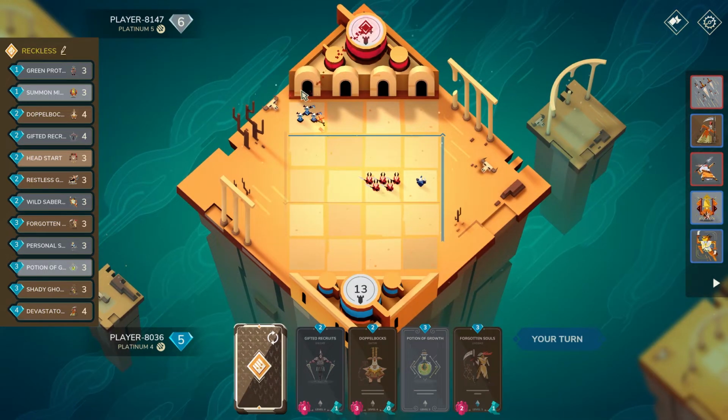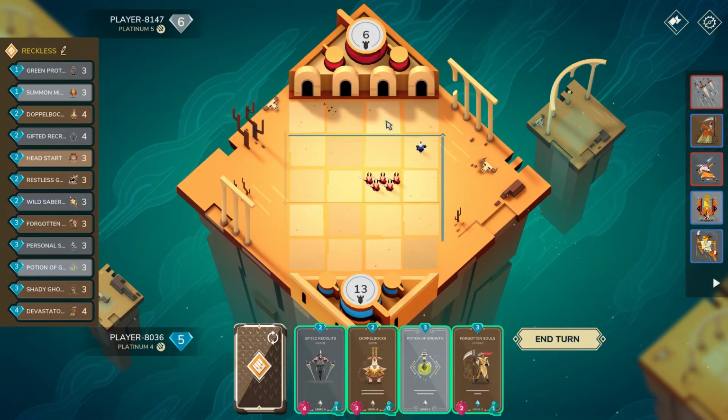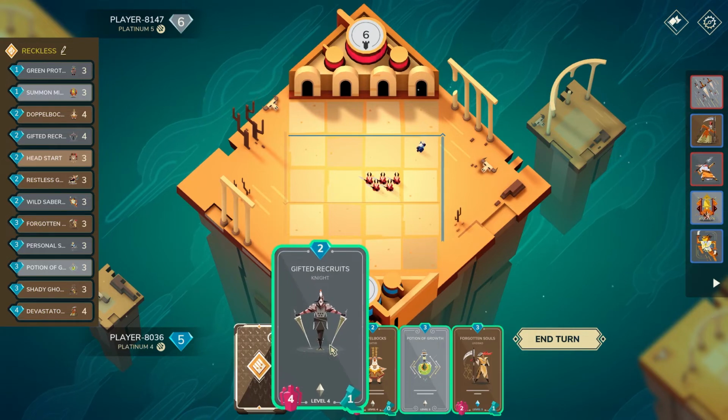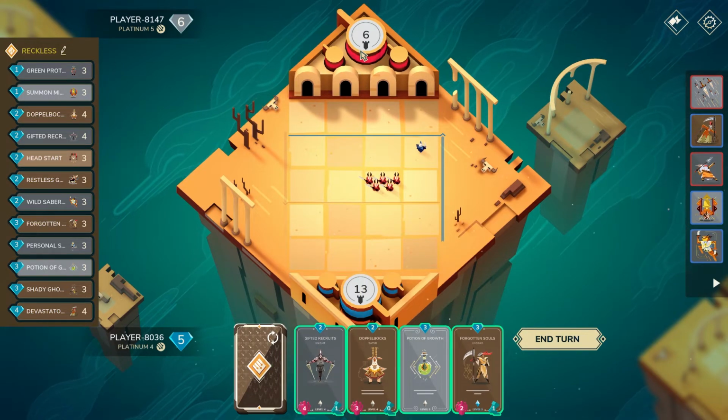So when you have 3, like I said, you want to have 3 on board. And when you have 3, you always want to have one stronger than the others, right? So, dang, that's crazy. We could actually just Forgotten Souls. Ugh,